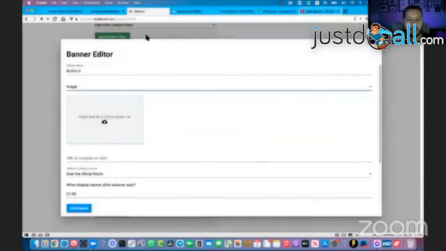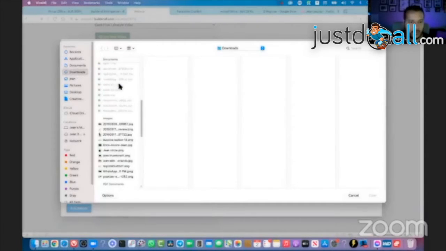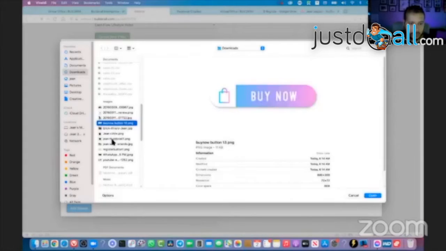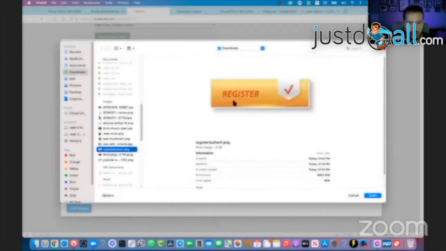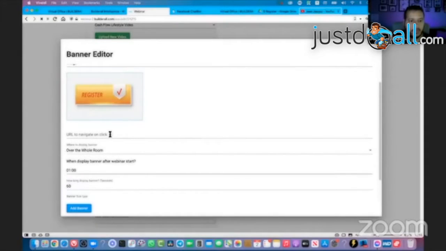And let's go back to the webinar. Let's click right here. And let's go to downloads. Oh, no, wait. It's register, not buy. Register, open. And there you go. There's the register. Now, where do I want to send them? Once they click this little register button, they're going to go to https